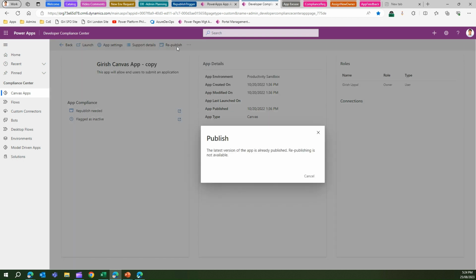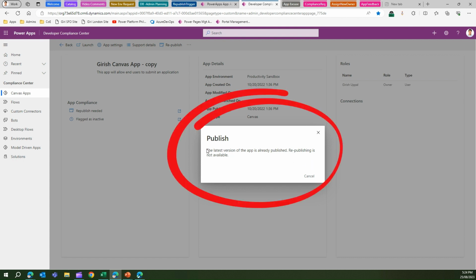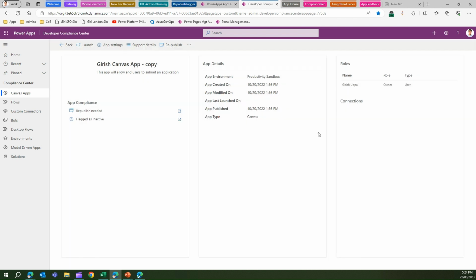The moment I do that republish, I will see a prompt. As this app is the same as the current version which was published, it will display the message that the latest version of the app is already published. What a maker needs to do is go into this app, edit it, and make it compatible with the latest changes. And once that is done,